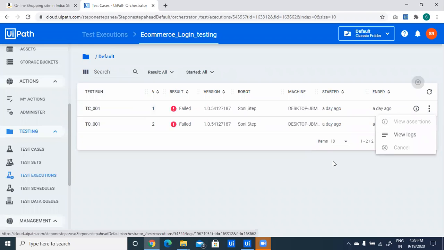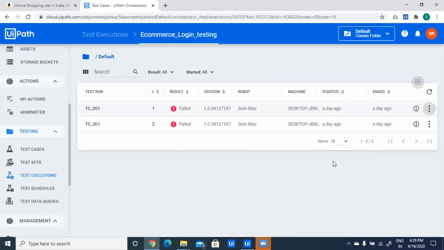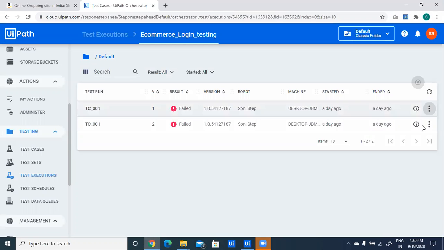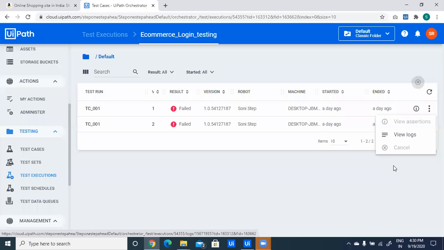But it seems you haven't added that view assertion activity in the test case, right? That's the reason we are not seeing that. Am I right? Yes, in the test case activity, we can't add those assertions, but we can view them from the Orchestrator. Sorry, no, Ranjit, she has not enabled taking a screenshot when the test case fails. That is the reason she couldn't capture. Here, you can see in the properties pane, there is a value called take screenshot if failed. If you make this true, when you run this, if the test case fails, there will be a screenshot available for you on Orchestrator to see the assertion screenshot.